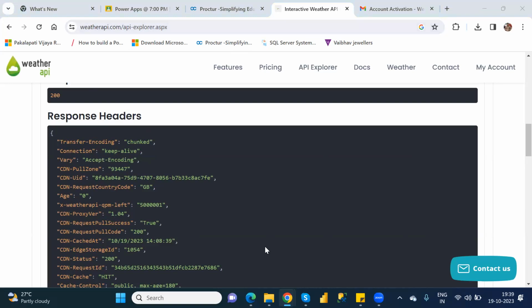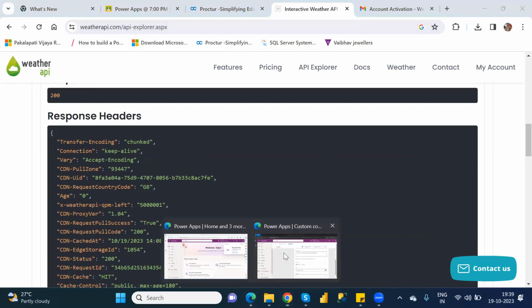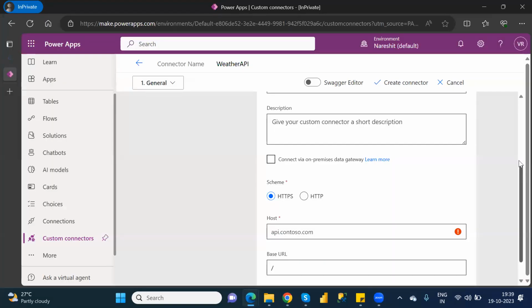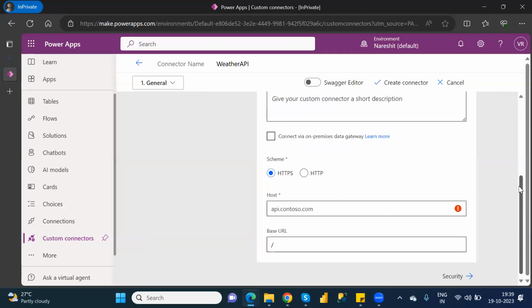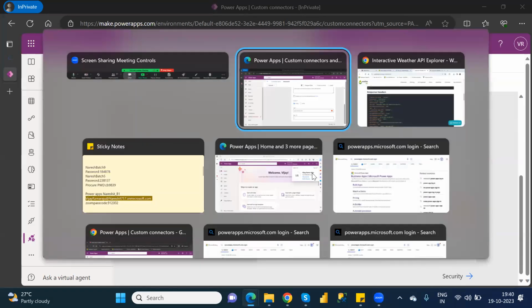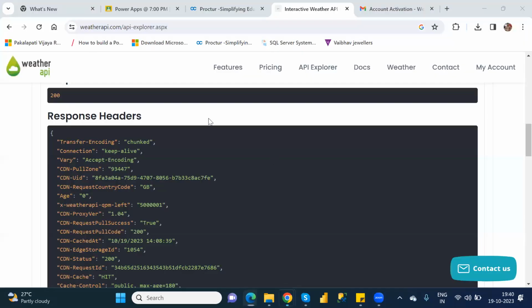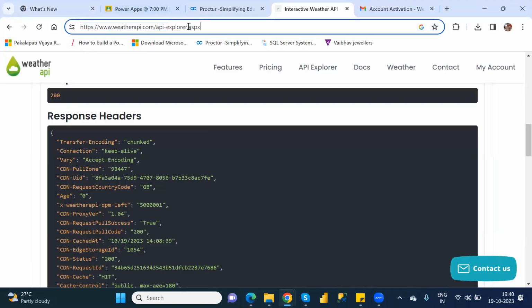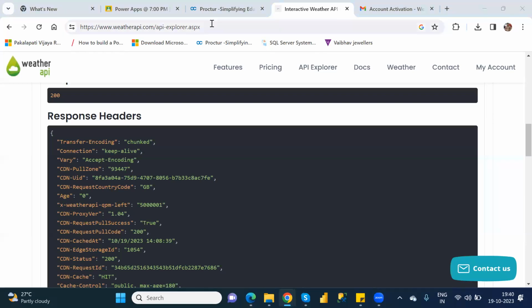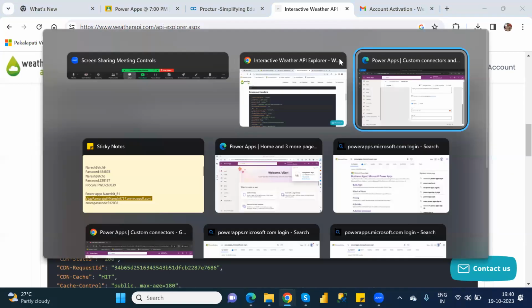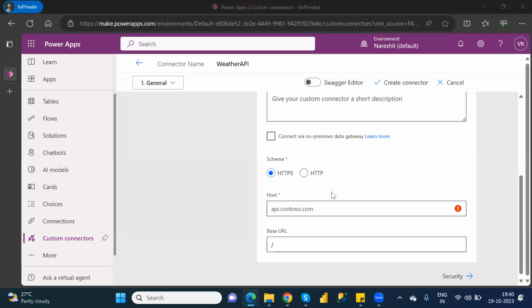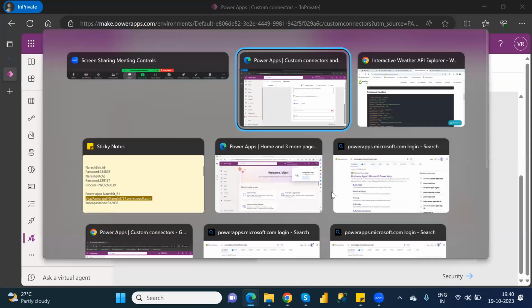Okay, so what you have to do, go to Power Apps. In Power Apps, in the General tab only you are, right? In the General tab, see here, there is HTTP or HTTPS. You have to select it. So you are getting the API key, which means from which site it is. See here, HTTPS. That you have to select. Okay, this particular one, and you have to copy that particular